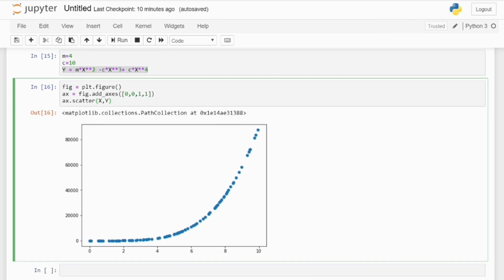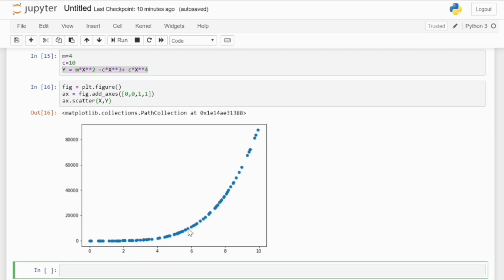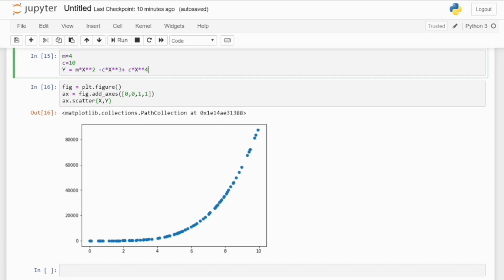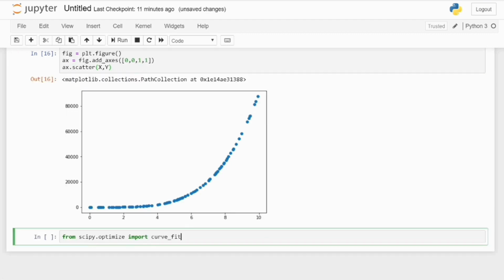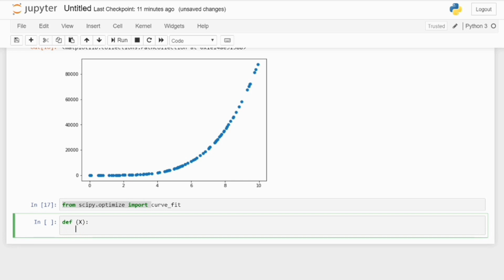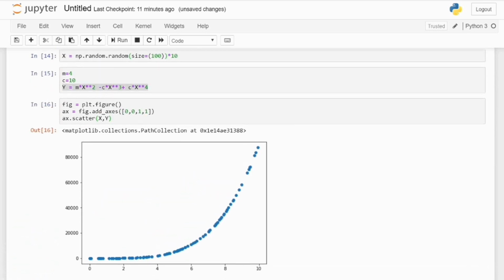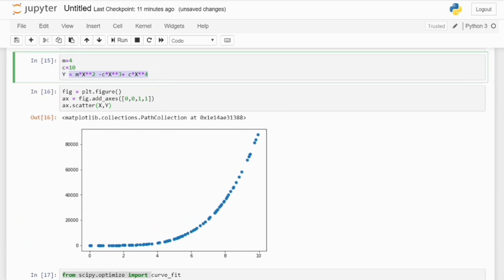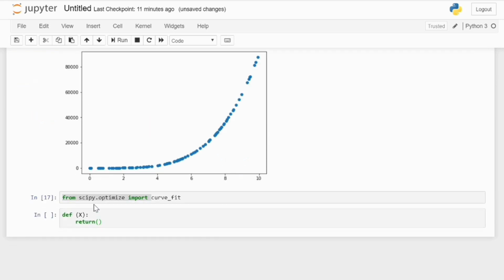There comes the use of curve fit. I'm going to utilize curve fit to fit all these equations and see how well we are able to optimize a line on top of these curves. Curve fit comes under scipy.optimize, so we have imported it. Now you have to define an equation for fitting the curve, so that if you give some x, it will return the equation value, or y value. So I'm going to put this equation over here.